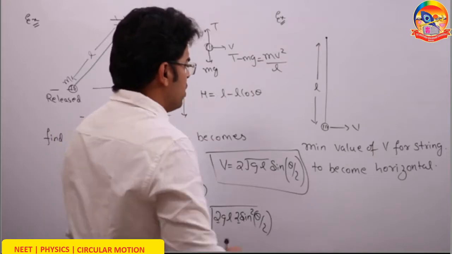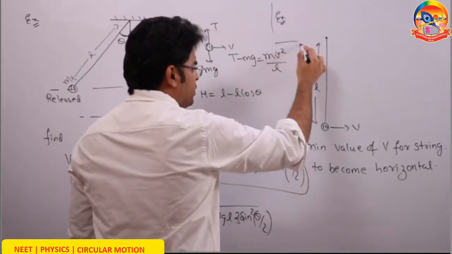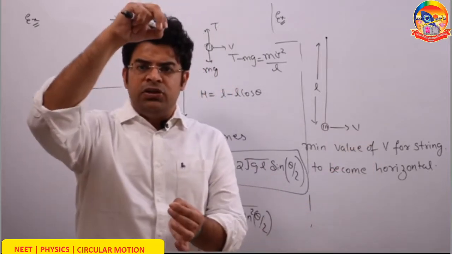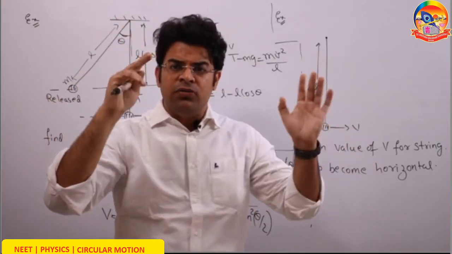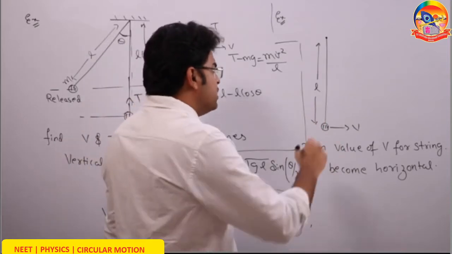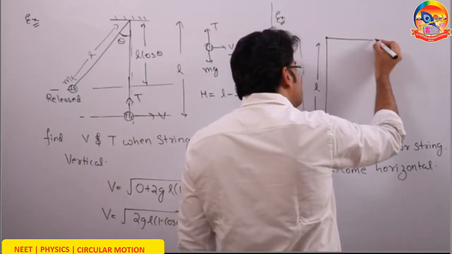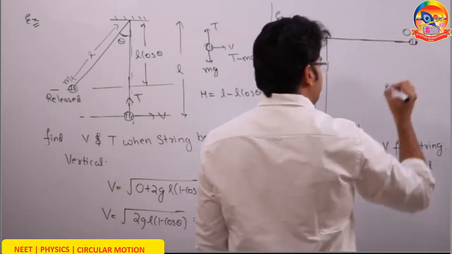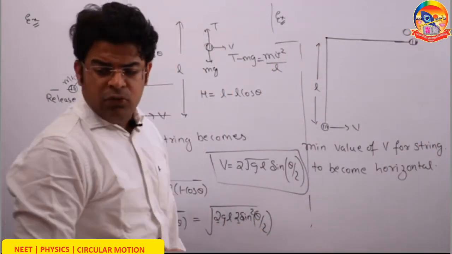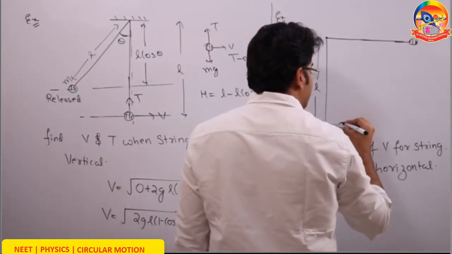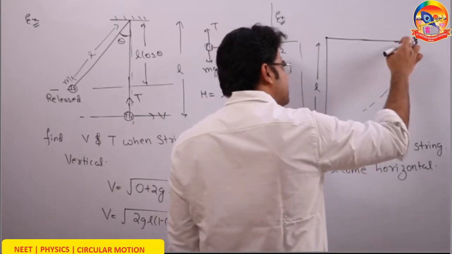Next question, what is the minimum speed that has to be given to the bob at the lowest point so that the string at least becomes horizontal? What is the minimum speed that has to be provided? So that the string becomes just horizontal, it means that after reaching this point, the speed should be 0. And going from here to here, reaching the highest point and coming to rest, after reaching this height, what has to be the speed here?